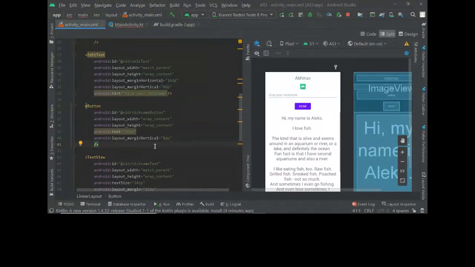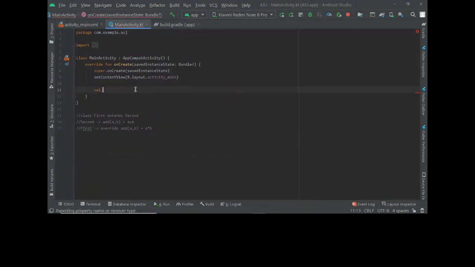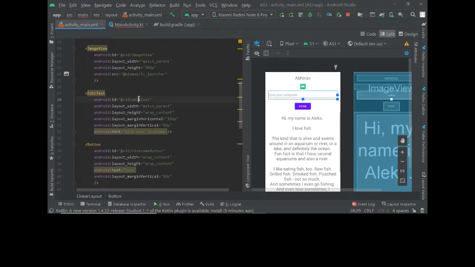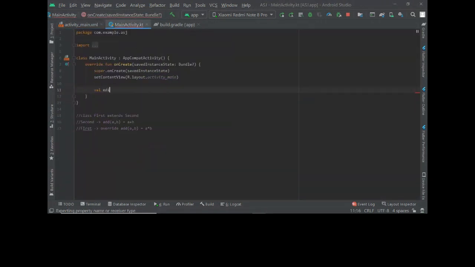So what we are doing right now is you give your nickname, and you click on this button, and only then does it display your nickname. What we need to do first is access all of these elements. So we need to get access to this edit text, and we do that using its ID. So val edit text is equal to find view by ID.